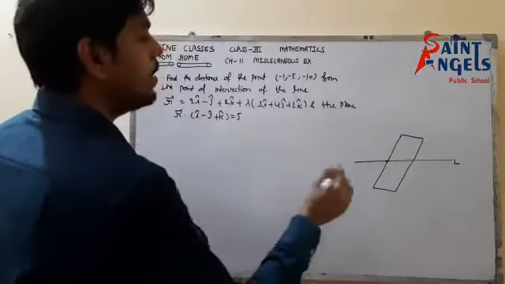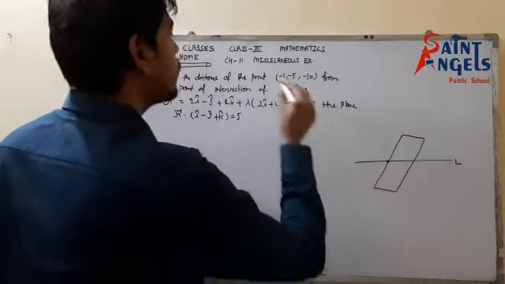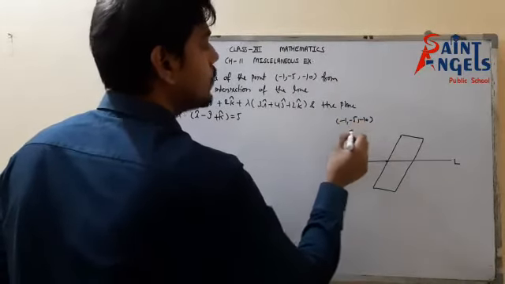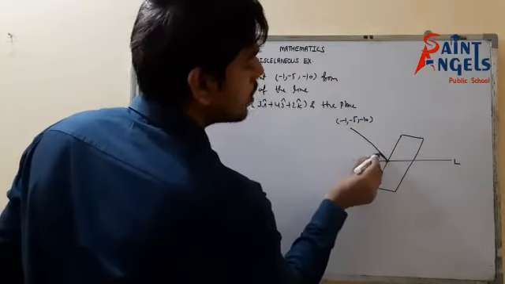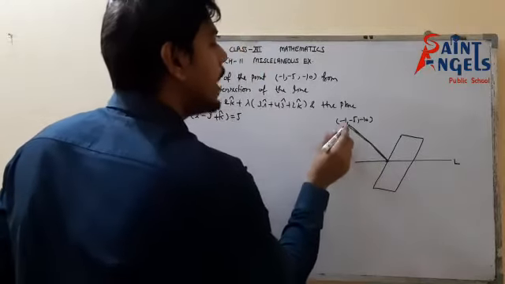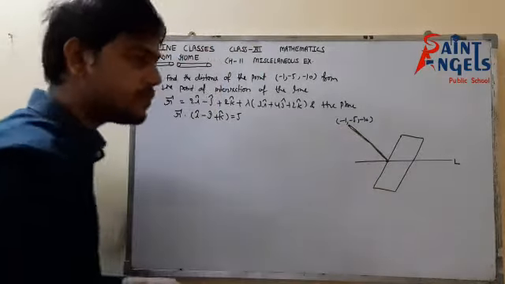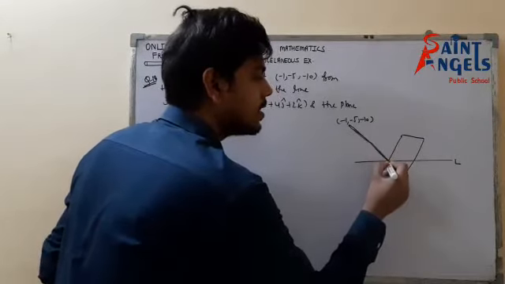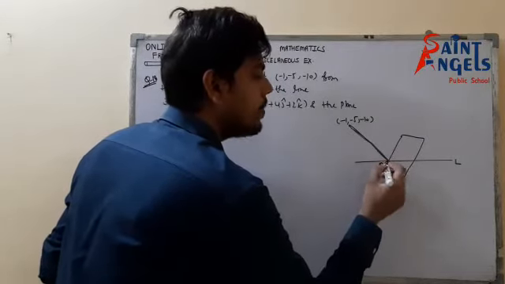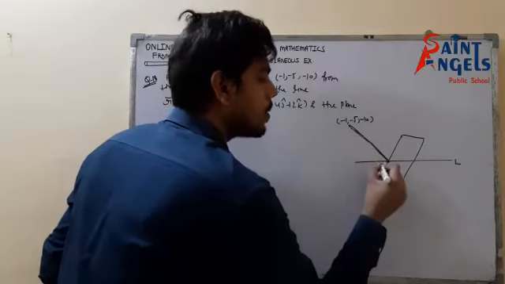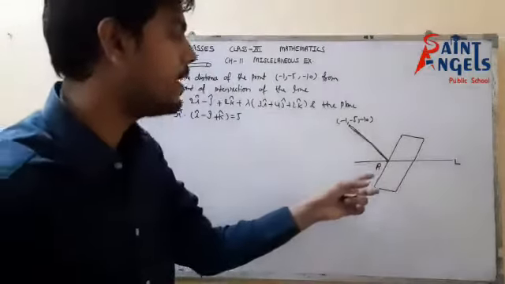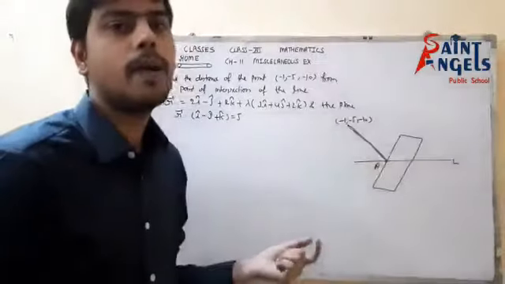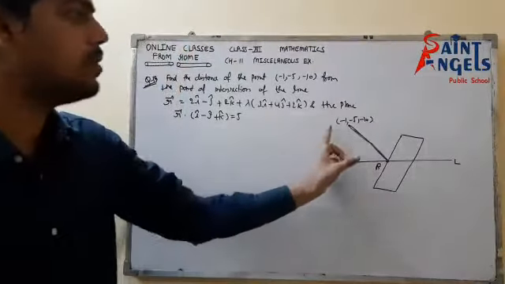So we have to find the distance of this point from the point. Suppose here is the point minus 1, minus 5, minus 10. So we have to find out this distance. So we know that to find a distance between 2 points, I have to know the coordinates of this point. So my main task is, suppose this is point P, my point R. My main task is to find the coordinates of point R. If I have coordinates of point R, then we are good to go. By applying the distance formula, I can easily find the distance between these 2 points.